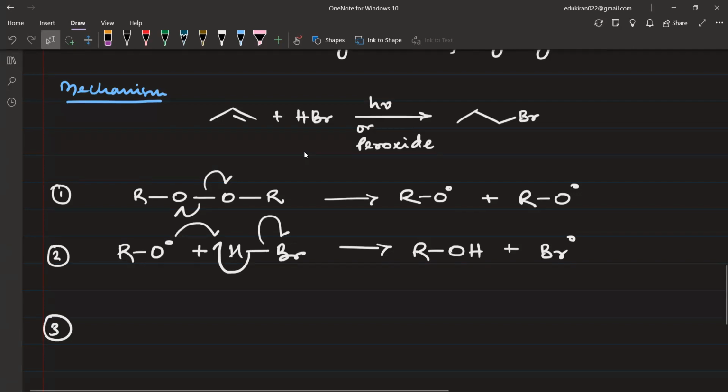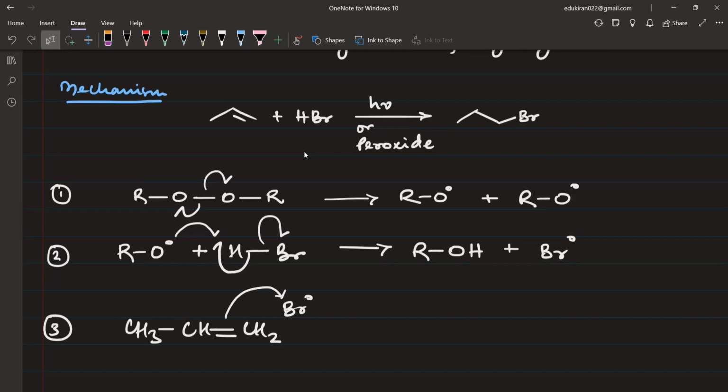Now in the third step, what is going to happen? We have CH3 bonded to CH and double bond with CH2. Now we have only Br free radical. This Br free radical is going to attack this double bond, and we have two carbon atoms here, the green carbon and the blue carbon. So if I attach the Br on the blue carbon atom,